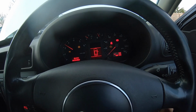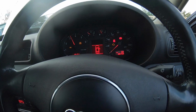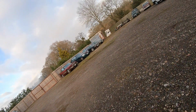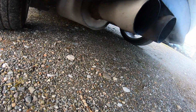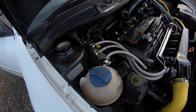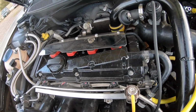There we go. There's no power whatsoever. That noise, I don't know what noise that is. I'm not sure what that noise is. It seems to be running with a funny noise in the engine. I'm not sure what that is. So if you guys can hear anything,